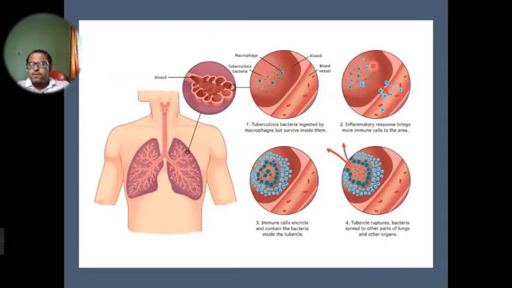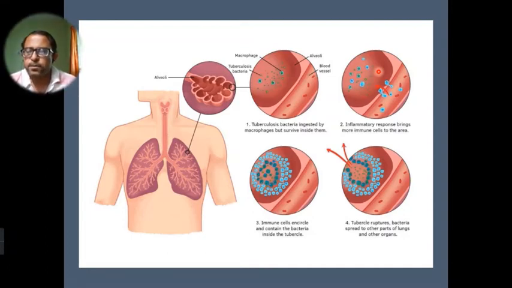Now, in response to any kind of infection, our body gives a response. That response is known as an inflammatory response. So against this type of infection, one type of inflammatory response is given. Some signals are given by these macrophage cells, in the form of cytokines, which bring a large number of different defense system cells to that point.